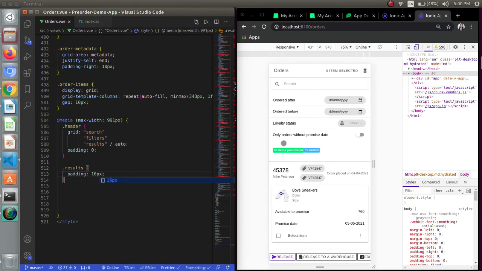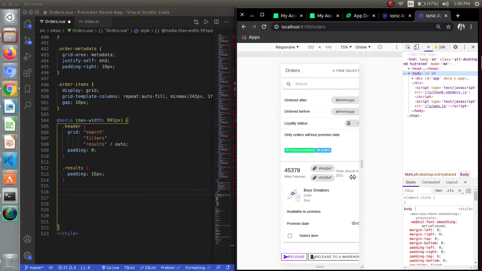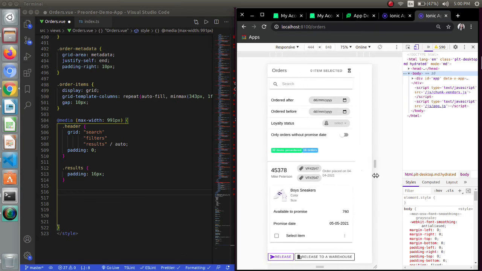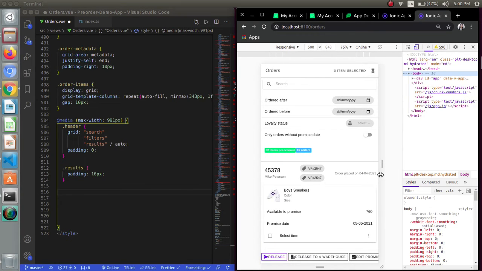Now I will focus on the order header part. It is looking like this, but I want the tags to be just below the metadata and ID. So for this again I will use grid, and for this also I have shown the grid areas which I have defined in the previous videos. So I will be using that grid area only over here.